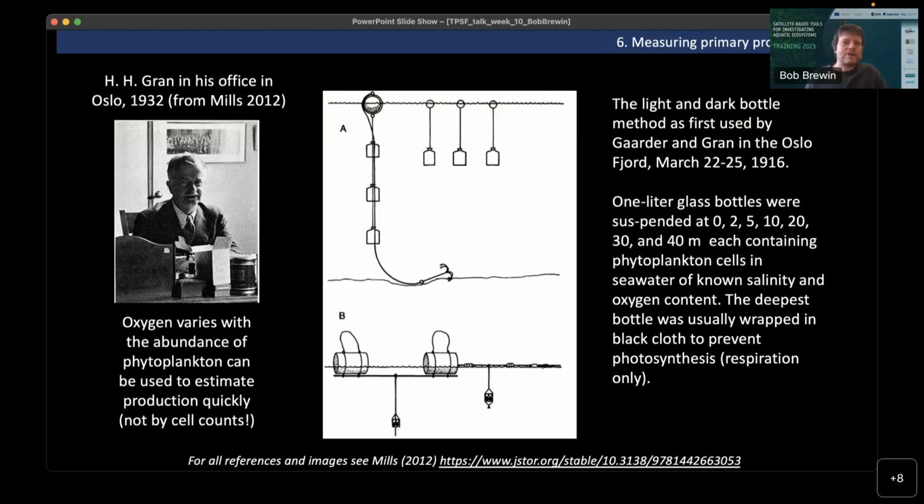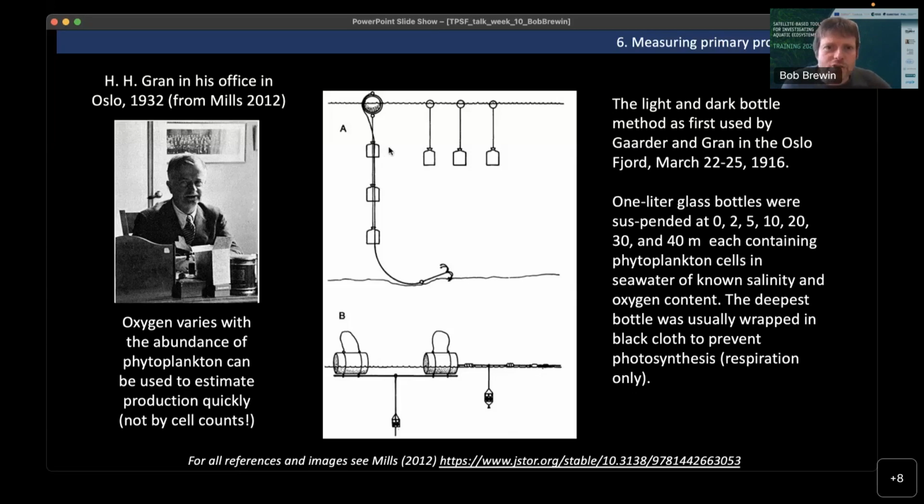But one of the interesting methods developed, I think, back in the 1930s was by H. Gran, a Norwegian scientist, I believe, who made use of the fact that oxygen varies with the abundance of phytoplankton, of course, oxygen being a product of the process of photosynthesis, and so can be used to get quite a quick bulk index of primary production. And so he developed this light and dark bottle method,